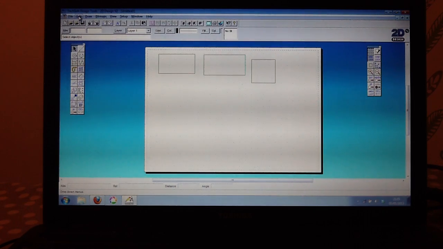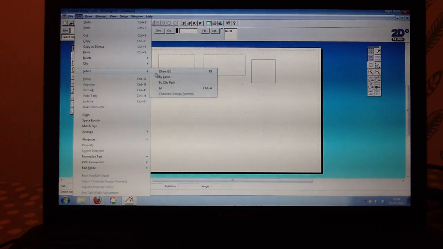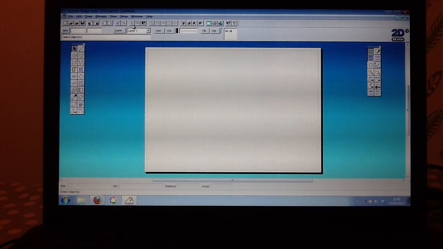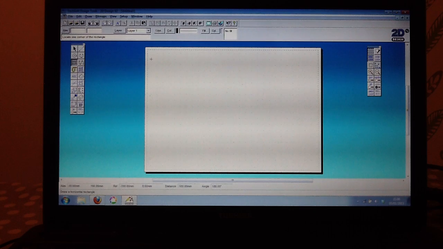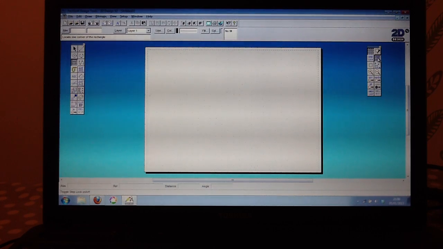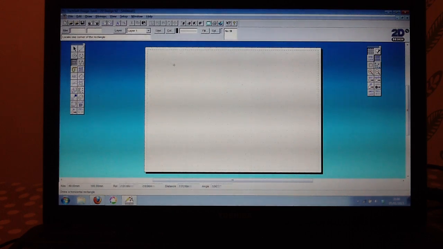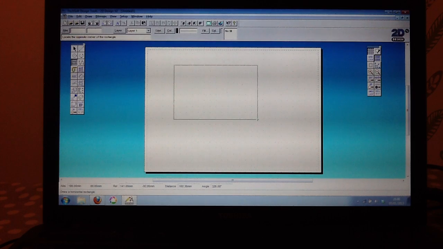Let's just get rid of those. Edit, select all, and cut those. So the first thing I'm going to do is click on Shapes. For this activity I want the Step Lock, and I want to draw a shape which is 150